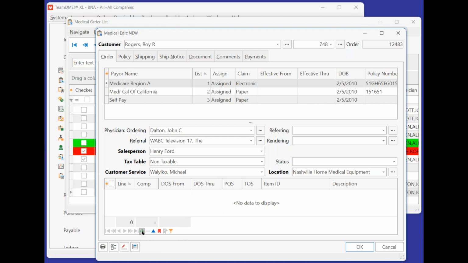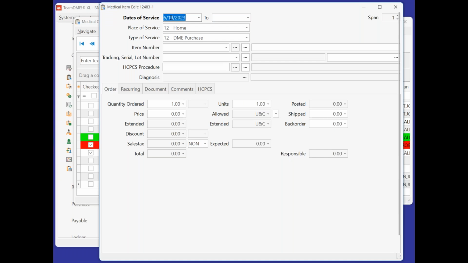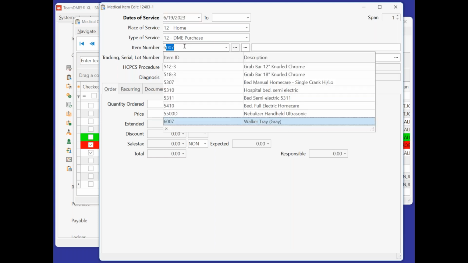I'm going to hit the plus sign. So this is order number 1243-1, line 1, and we're going to put it in test strips. Well, I don't need to change anything. Today's date, we have it's a purchase, and then our item number was 66666. I click on that,